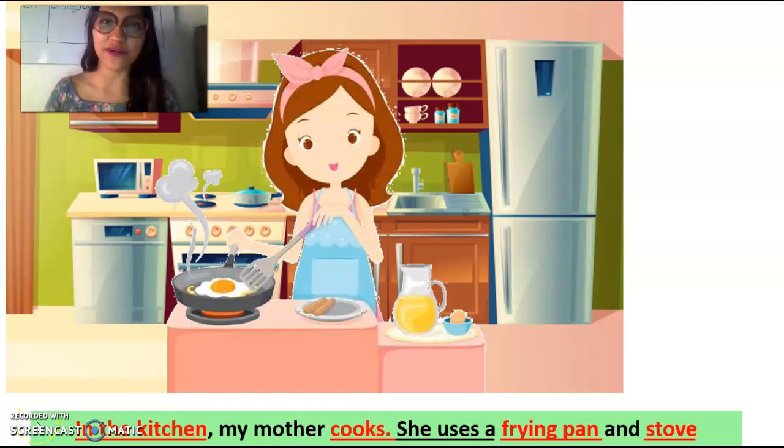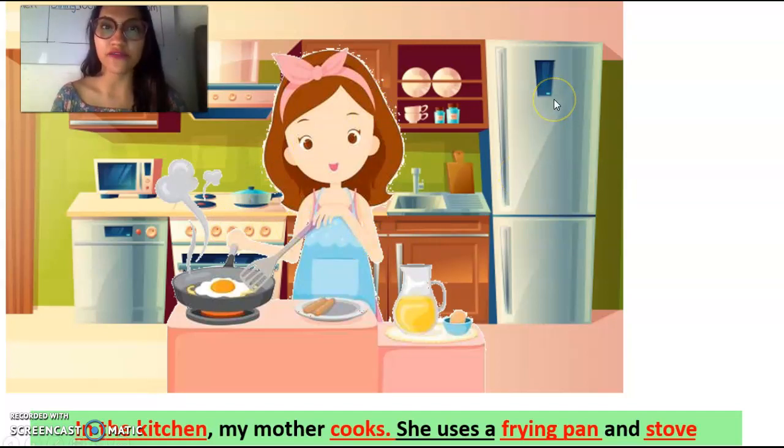Hello. Today we are going to learn the parts of the house. This is the kitchen. My mother cooks in the kitchen. She uses a fry pan. Here we have the frying pan and stove. In the kitchen,